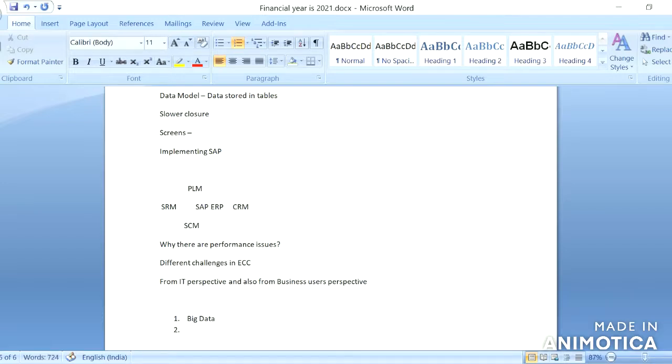The next point is Internet of Things, which is nothing but automation. I think many of you might have heard about automation. A process will be automated.